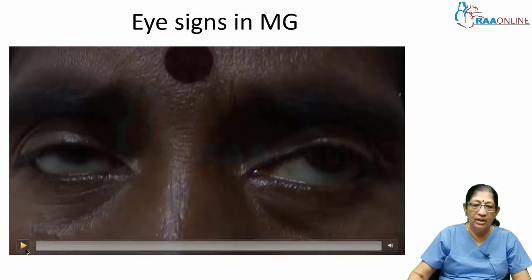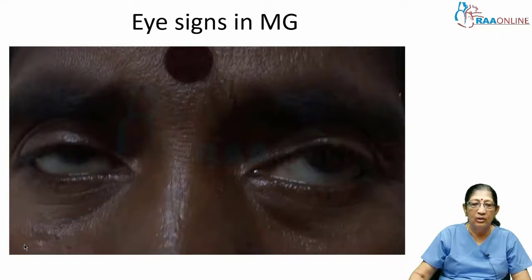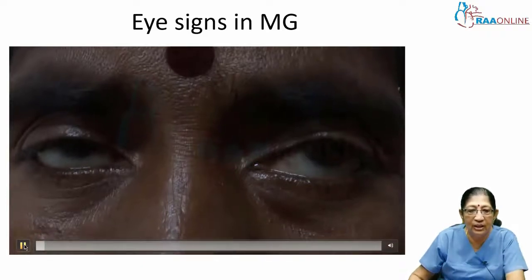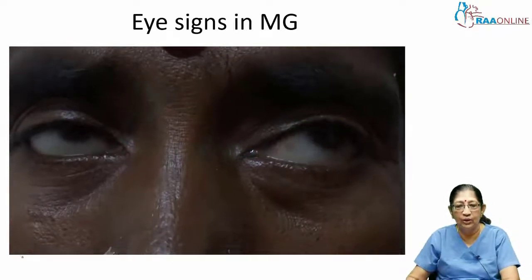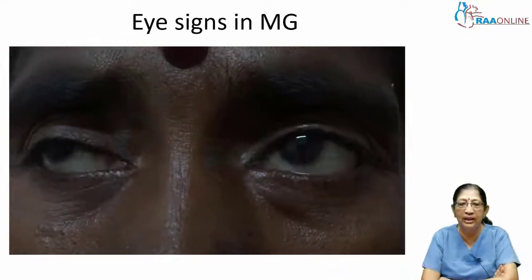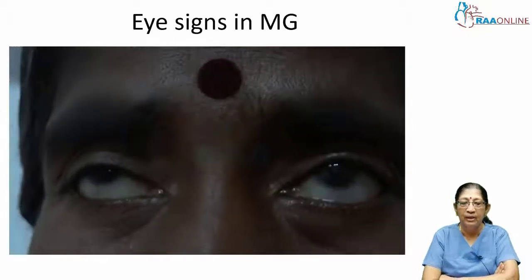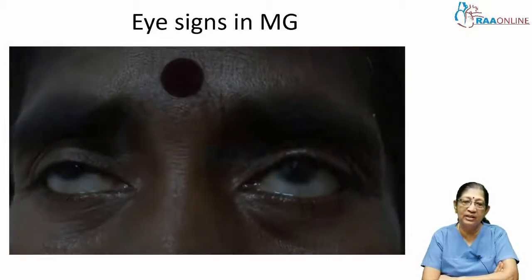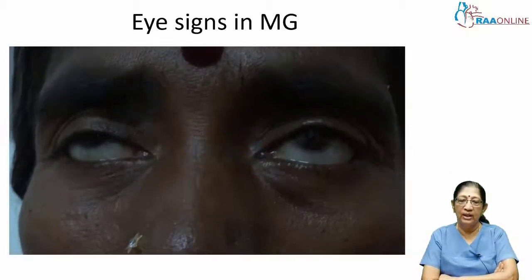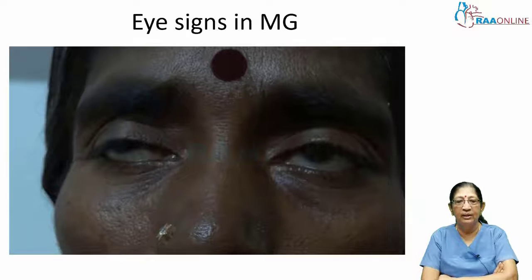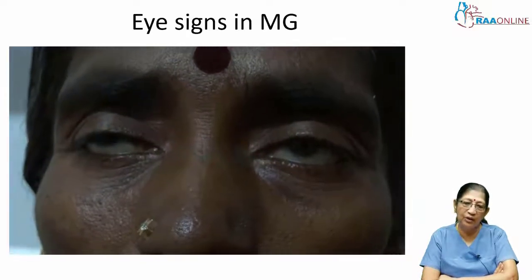And you can notice the fatigability or the changing weakness of the eye movement as well as of the ptosis. Just observe this for a short while, but you have to observe fully, see the position of the eyelids and how as she keeps moving the eyes and looking up, slowly there is a drooping of the eyelid. I think you will be able to appreciate it. See, the right eyelid, left eyelid, both have started drooping. The right eyelid has become much more than the left.